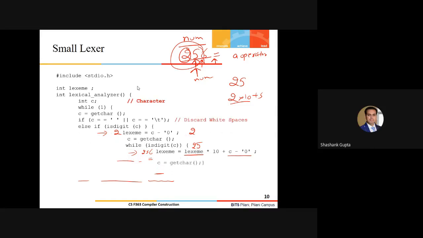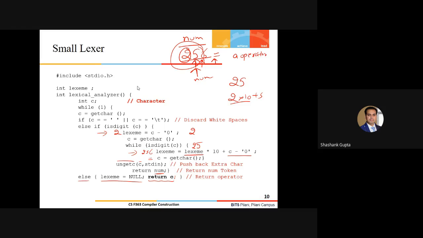Any other comment, any other thing, any one of you who has not understood, please let me know. So this is how we have to initiate the development of the lexical analyzer. Knowing the language specification, knowing the list of keywords, knowing the list of tokens, we have to do it like this.